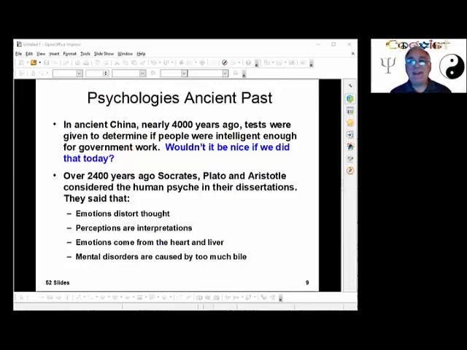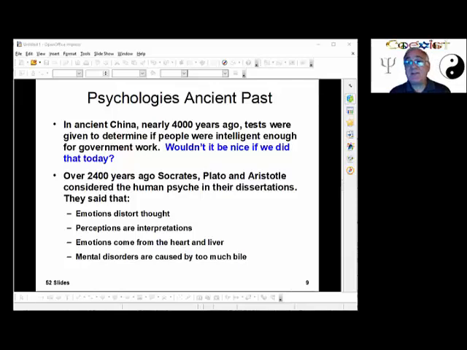So some of the things they said: emotions distort thoughts. And we know this to be true today. And you know, a lot of you are in high school, and you may have developed a crush on somebody, and your friends are like, what is wrong with you? You are acting just weird. And it's because your emotions are overpowering your thought processes. And we know that people who are angry will not think properly and get into trouble, and that's why we have anger management. And there's all kinds of ways that we can show that they are correct. Emotions distort your thinking processes.